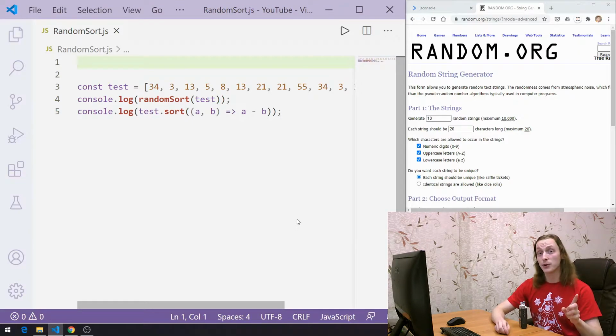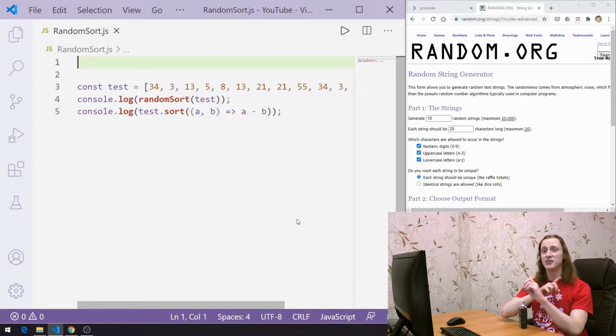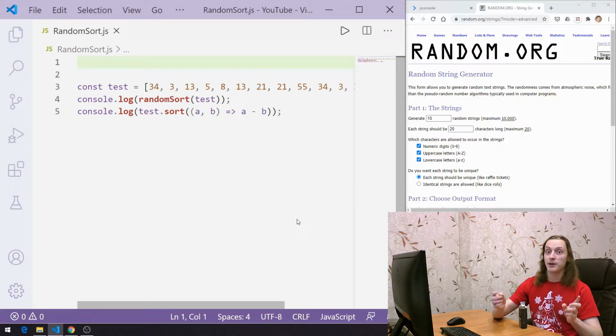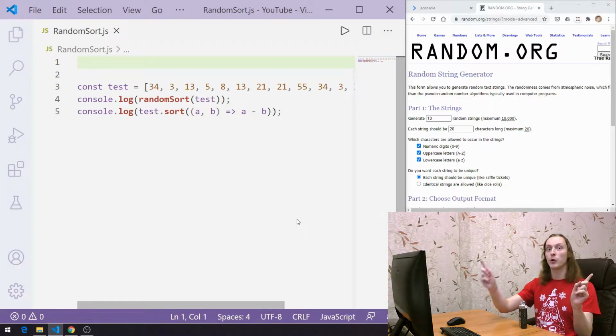In this video, I'm going to write random sort. Random sort works pretty simple. You just select two random items of the array, you swap their places, and you hope that the array is now sorted. In case it is not, well, you select two random items of the array again, you swap their